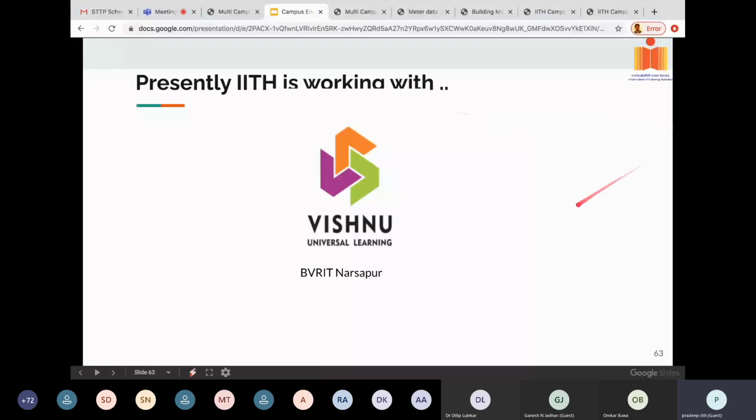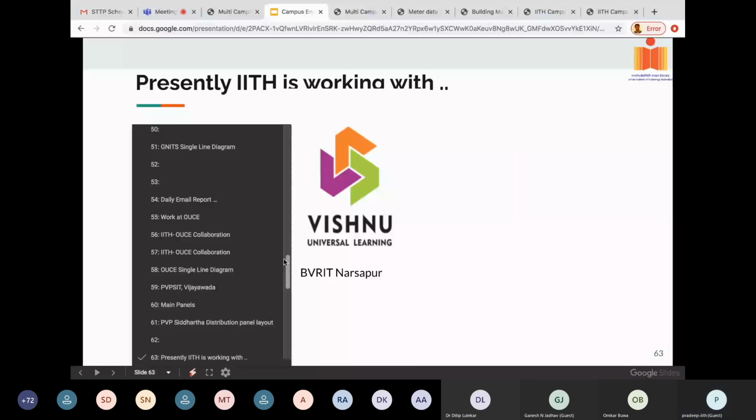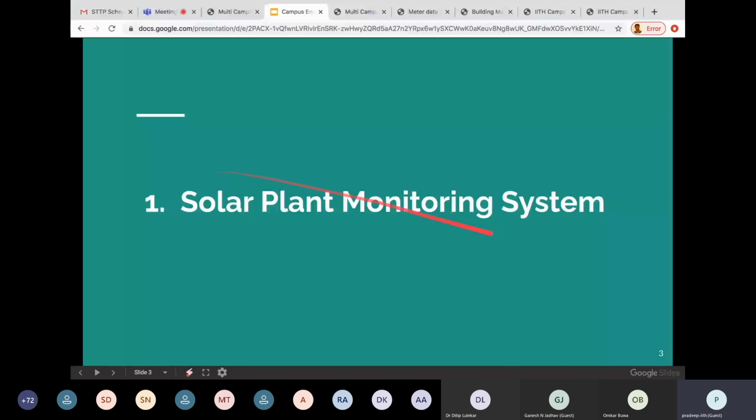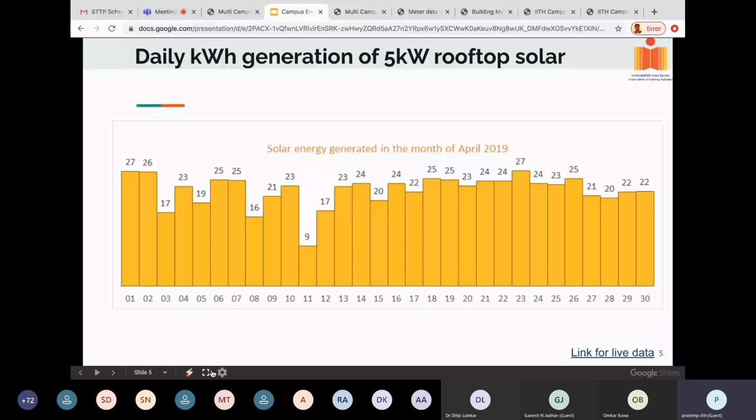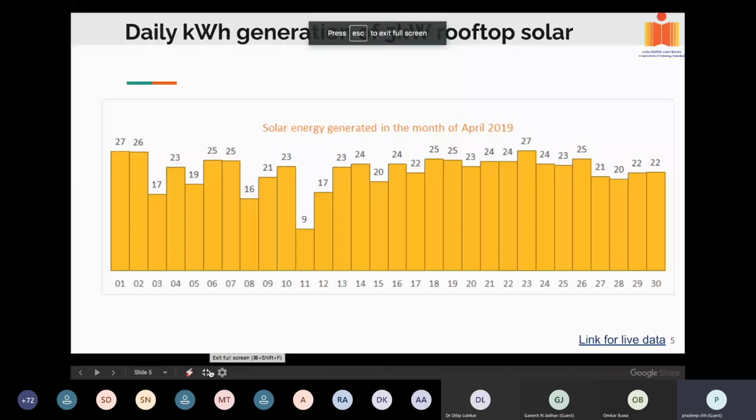Now coming to the question, in order to do that, what we have to do is basically monitor the solar generation over a period of time. Right now, this data pertains to only a small 5 kilowatt plant. In the 1 megawatt solar plant in our campus, there is a contract for monitoring and maintenance. They use sprinkler systems and clean it from time to time. They have a small water tank and sprinklers, similar to those we put on grass for watering.